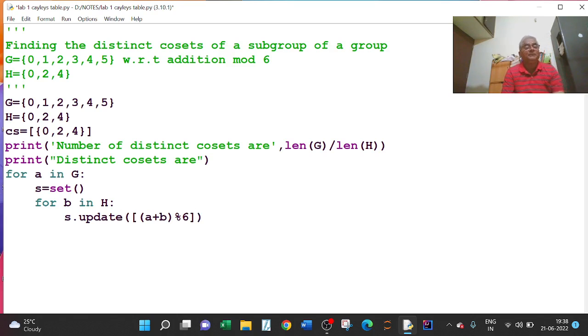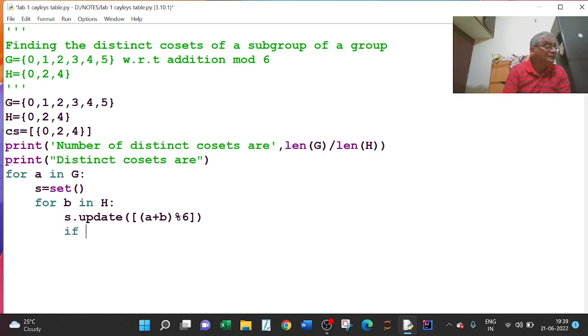That means first I will take S as an empty set. First time I am taking this, that is a plus b %6, where b is in H. I will take all the elements in H, and with this a, that is Ha, I am finding. Next, S dot update.